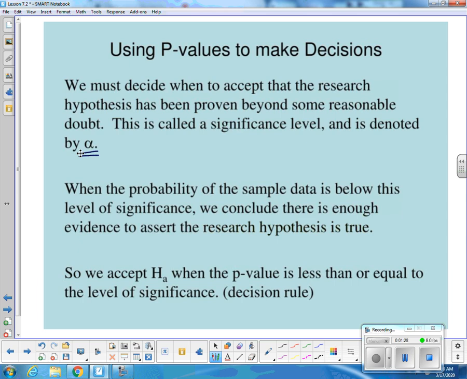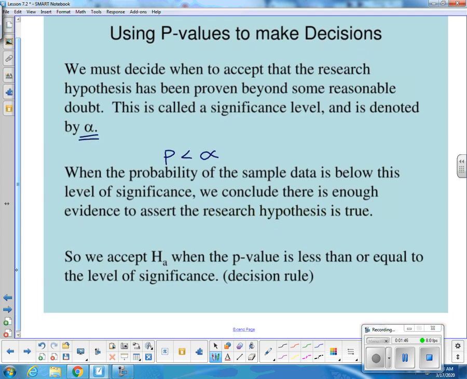So when the probability of the sample data, the p-value, is less than the significance level, we conclude there's enough evidence to assert the hypothesis is true. So we accept the alternate. When the p-value is less than alpha, we accept the alternate and we reject